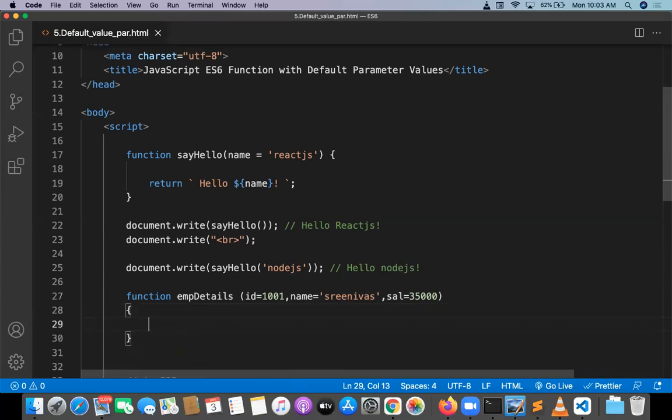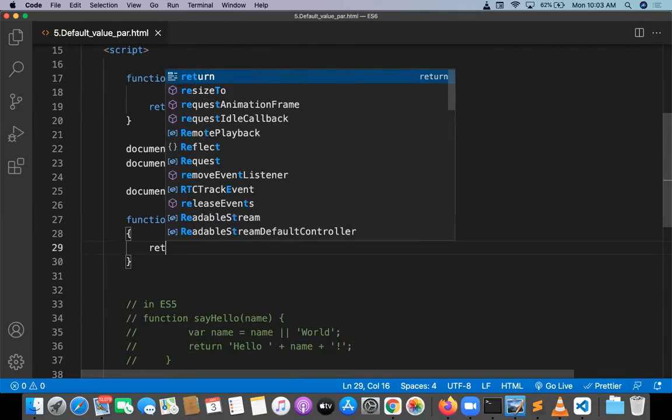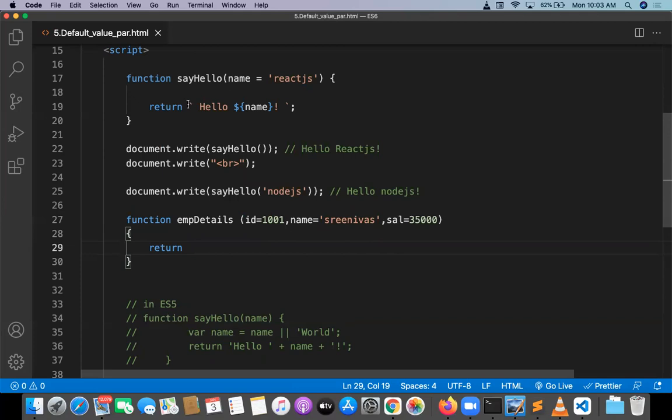Now this function is going to have a return. This is going to have a template literal again. So take a template literal, and here this is going to be name, and then ID, which is going to have curly braces.